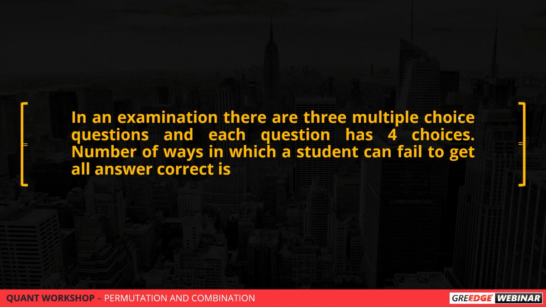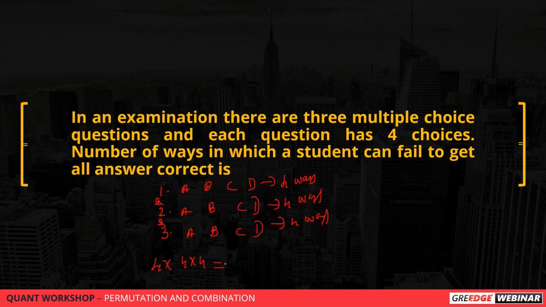Read the question logically and find out whether it is a case of and or a case of or. What is the question condition? You are going to answer all the three questions. I'm going to answer the first question and I'm going to answer the second question. If it was or, I'd be asking you to answer only one question, but the question is asking you to answer all the questions. So in general, this can be answered in 4 into 4 into 4 ways, 64 ways, right?